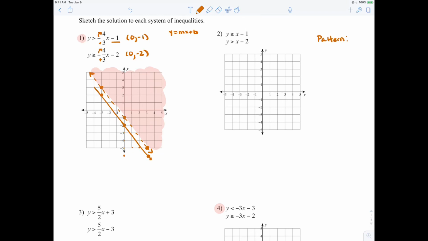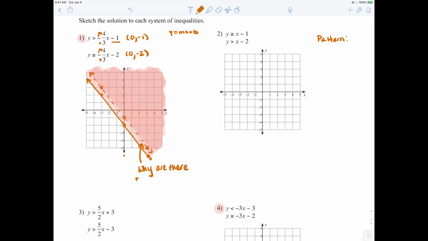We see that they are parallel on the graph and in the equation because they have the same slope. If these lines continued forever, they would never touch. This inequality is greater than or equal to, so we shade above again. And then we see where our shading intersects because it's darker. And then you can see here that it's going to be in the shaded intersection part, but I want you to talk about